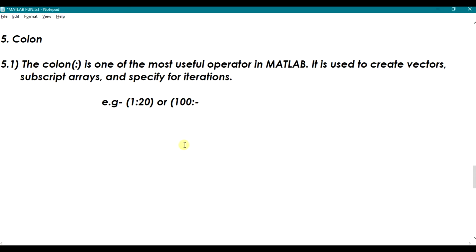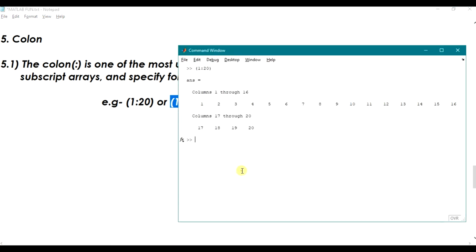Sorry, it was 100 colon minus 5 colon 20, bracket close. Let's try this. I'll just simply copy it without wasting time. Now I'll press Control plus V, enter. As I told you, it says 100, 95, 90, 85, 80, 75, 70, 65, 60, 55, 50, 45, 40, 35, 30, 25, 20. Till 20, it stopped.